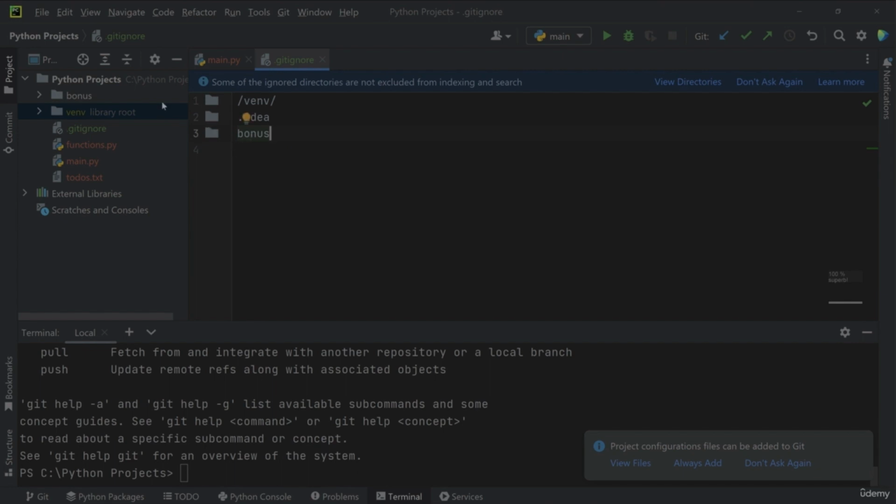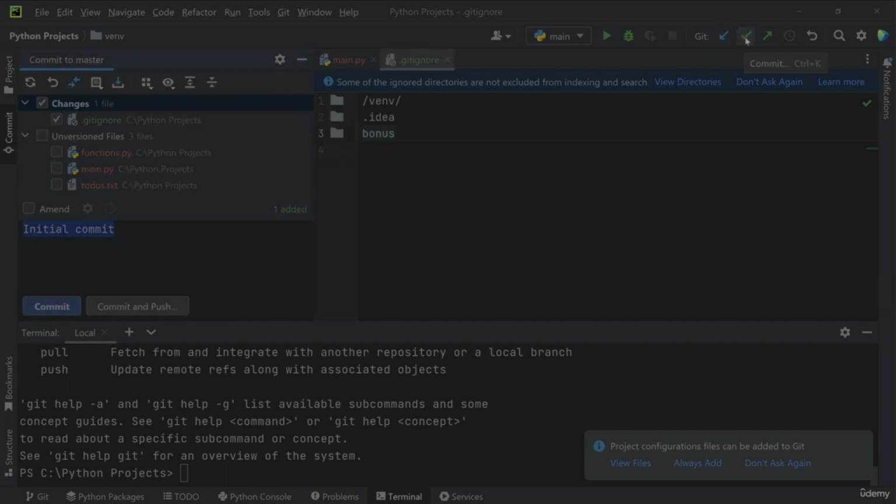Bonus is not part of the project. Those are separate files. I don't want them in my Git repository. So again, you want to go back to that commit window now. You can go either here at this tab, or you could go to that button again, commit, and it will